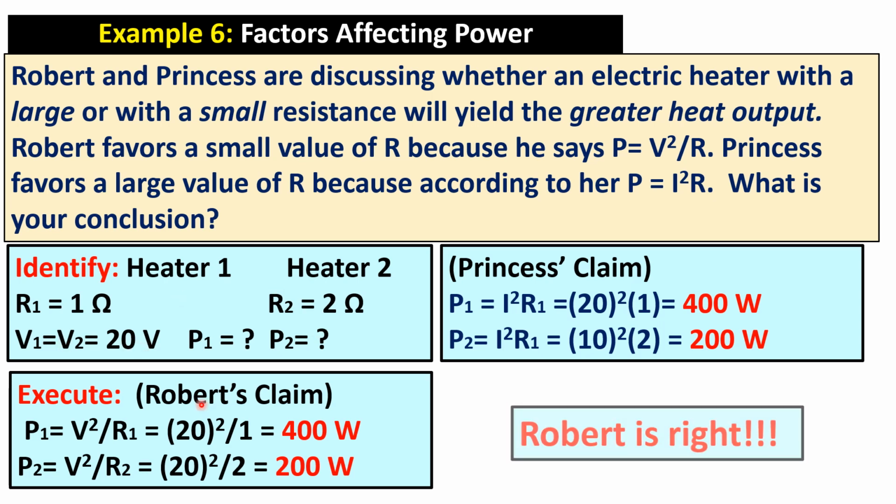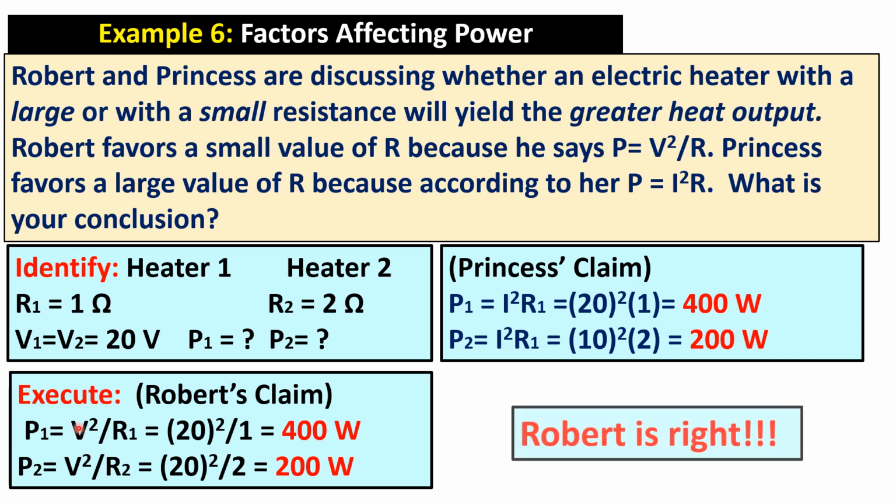So, in Robert's equation, that power is equal to V squared over R, he is correct in saying that a small value of R will produce the greater power because the voltage here is held constant. V squared is constant,